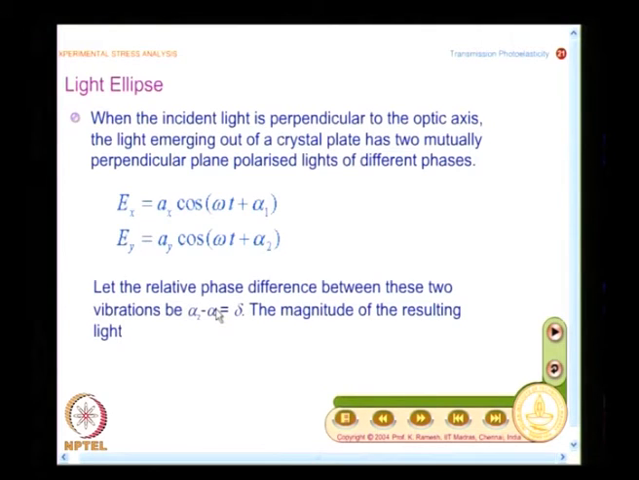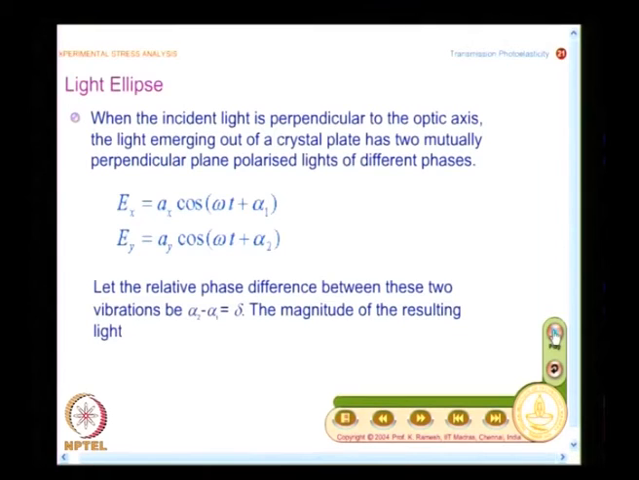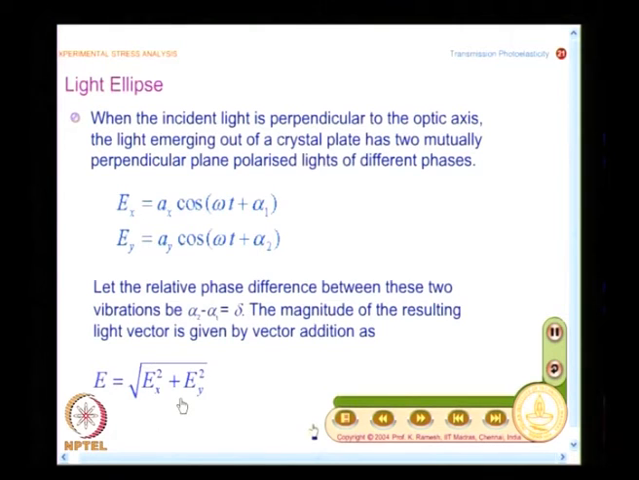For one incident light I have two refracted beams that are simple harmonic, with planes of vibration mutually perpendicular. When I want to find the resultant, the magnitude of the resultant light vector is given by simple vector addition. Suppose I want to find E at a particular instant of time, I simply take the square root of Ex squared plus Ey squared to find the amplitude, and I can do this because